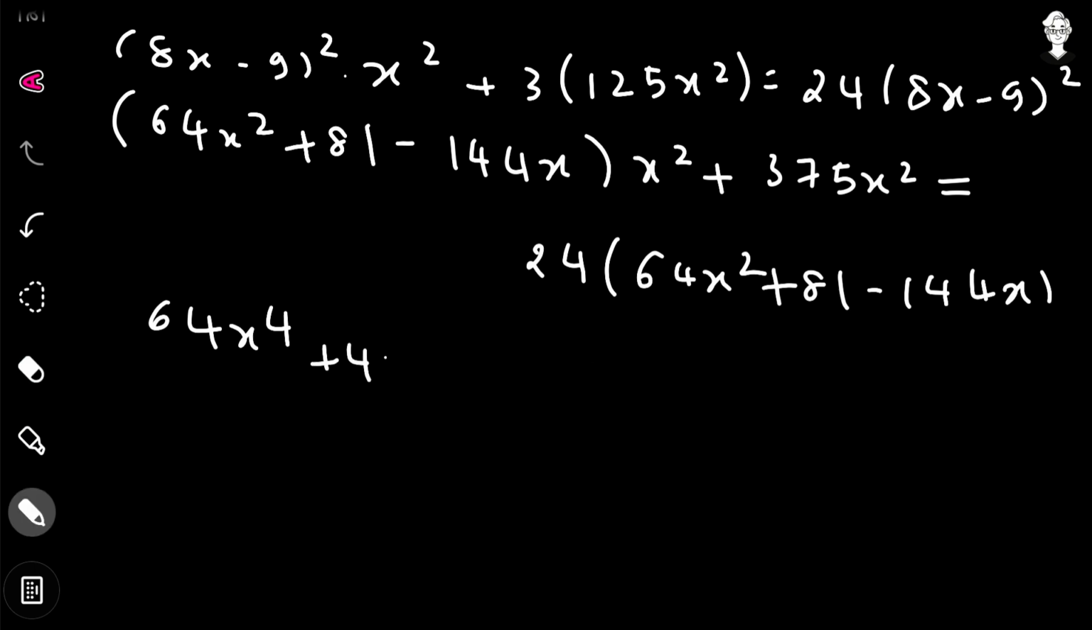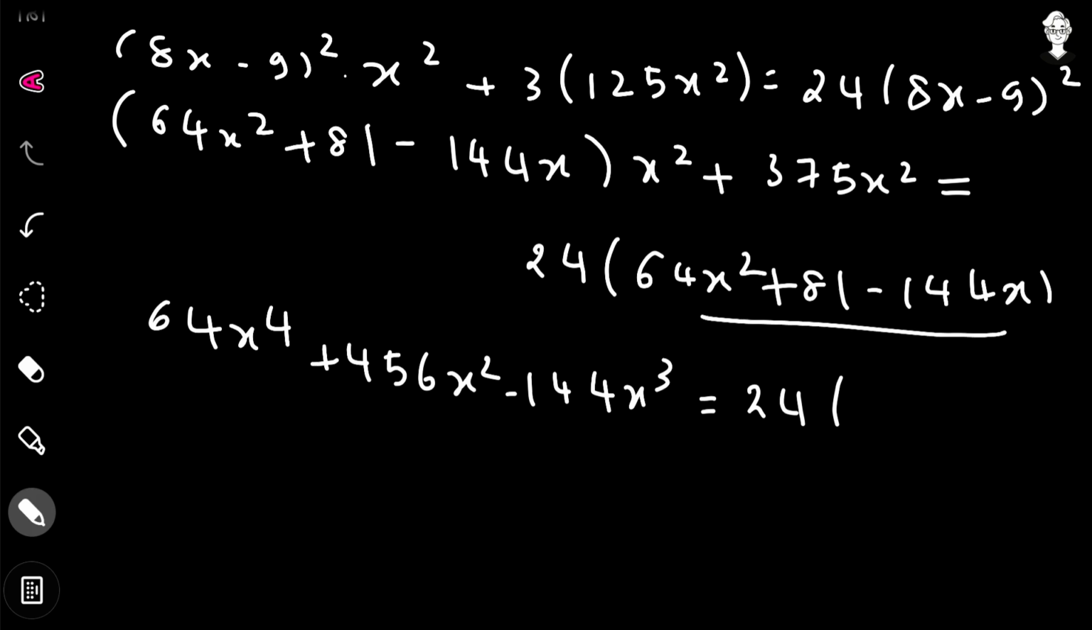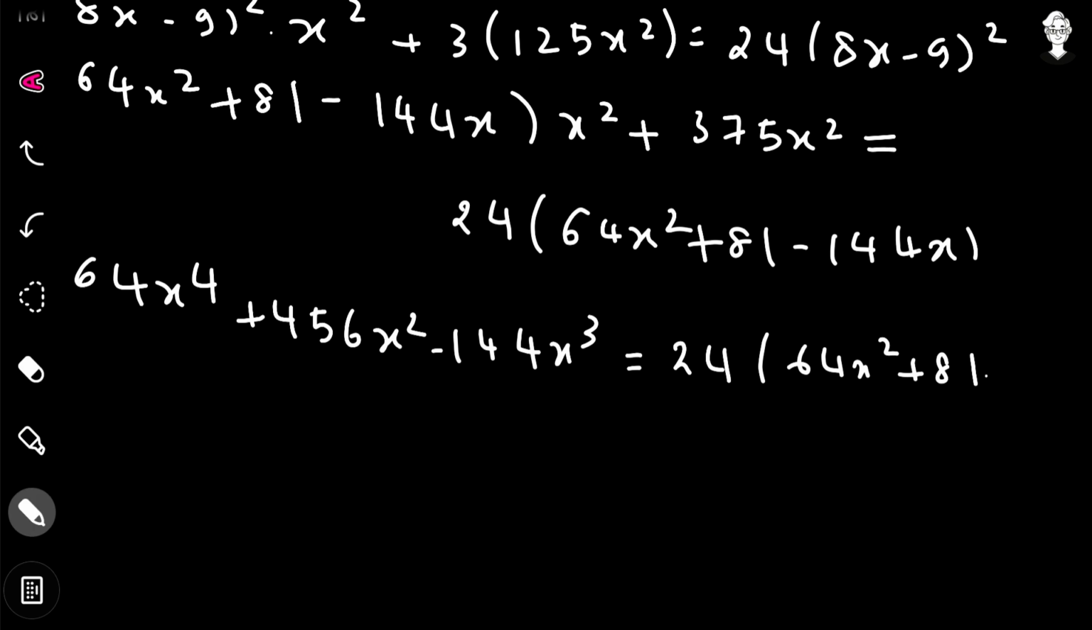So plus 456x² minus 144x³, and this is going to be equal to the RHS, that is 24 times this complete bracket as it is, that is 64 times x² plus 81 minus 144 times x. So now what we can do is factor out some things from the table of 4. From the table of 4 it goes 16, 114, 36, and